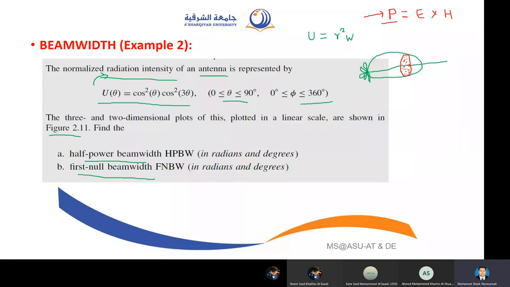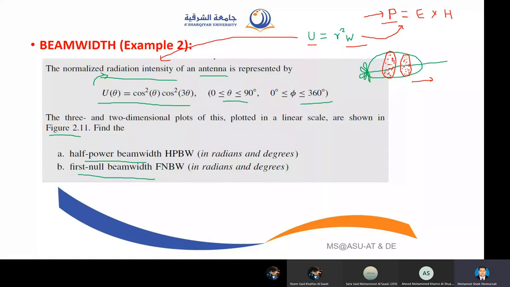Radiation density or intensity means how much of this power is present in a given area of a radiation pattern. For example, if I take this area, you have more power here, right? You have more area here. That's why you have more radiation intensity in this area. If you go to a higher distance, this power level gets reduced, right? That value U is represented here by this mathematical function. This W is nothing but the Poynting vector. If you multiply by the radius squared, that is known as your radiation intensity.